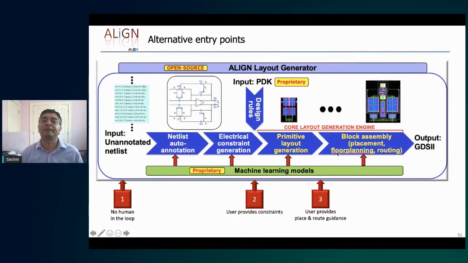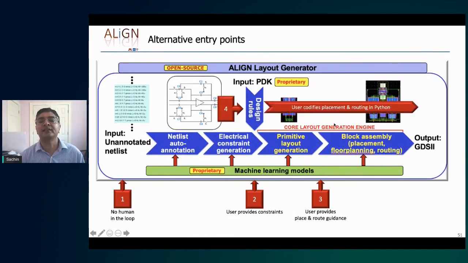So they might provide pre-placed routes, or they might say that these routes should go roughly along this global guide, etc. And the fourth one, which gives much more control, is that the user codifies placement and routing in Python. And this is particularly useful when you want to build very large array structures. For example, for very large transistors in power delivery circuits, the designer knows more or less what they want to do, but they don't actually want to sit down and figure out where every transistor goes, what the self-heating rules are going to be, etc.